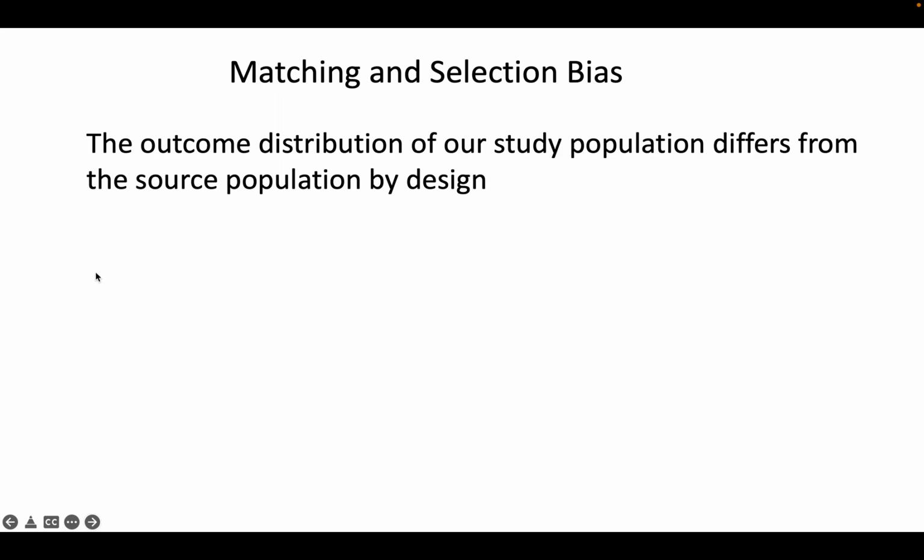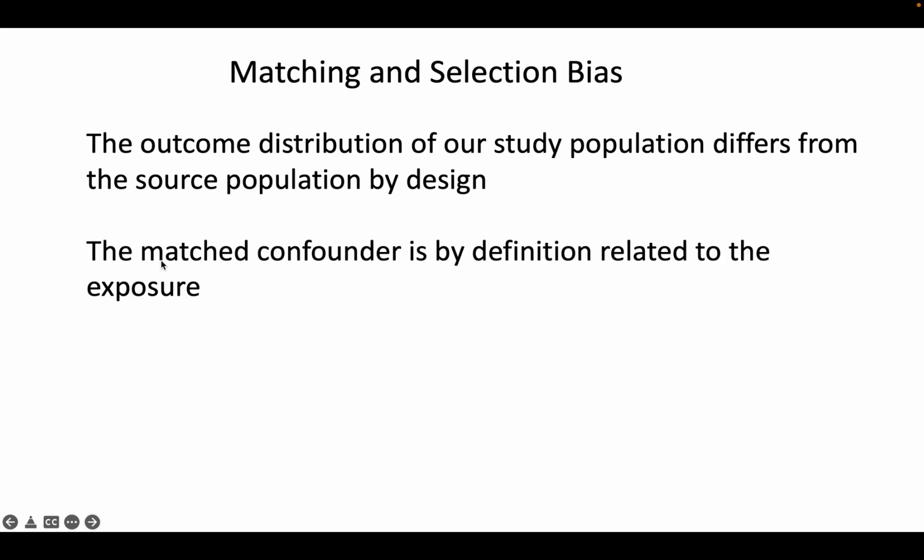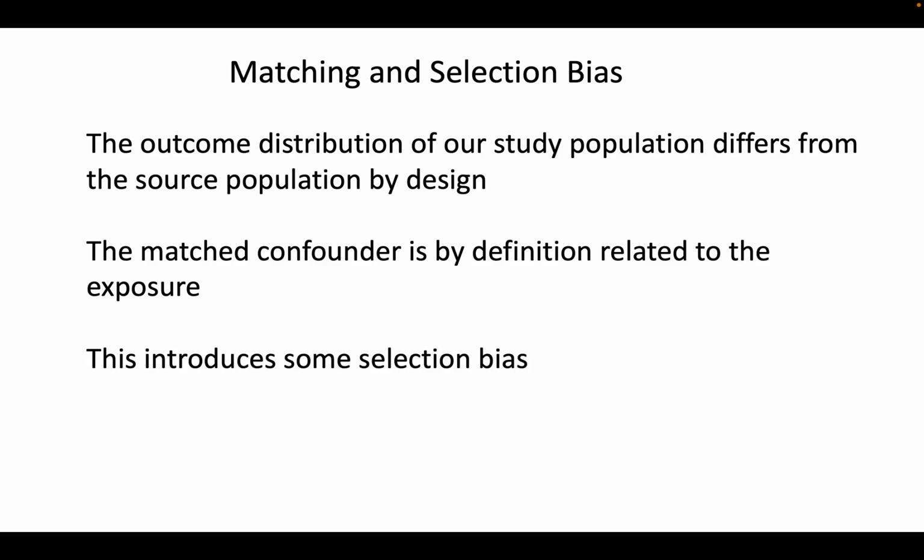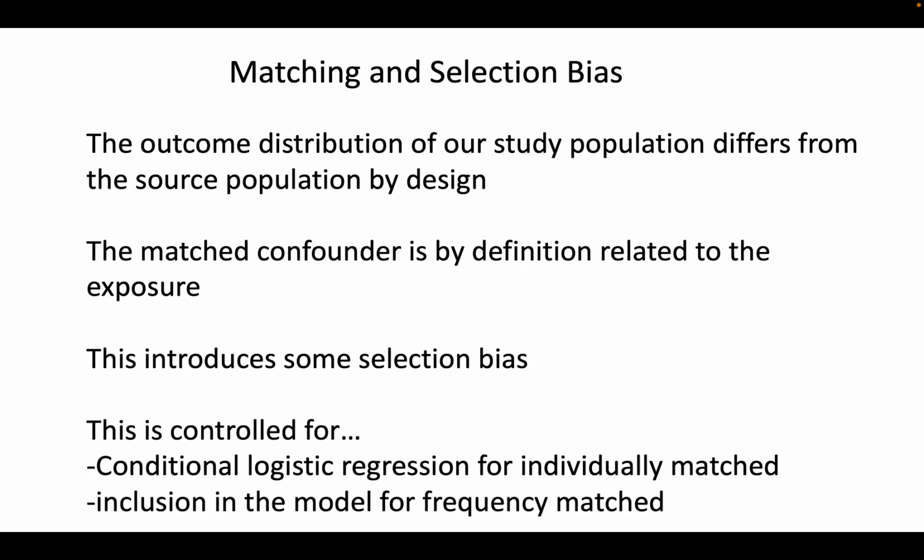So in the very basis of a case control study, you're selecting based on the outcome. That's a given because we're choosing how many people are outcome positive and negative in our study. But when you match on a confounder, that's also related to the exposure. So now, by design, it's related to the outcome, but it's also related to the exposure, and you're introducing selection bias,